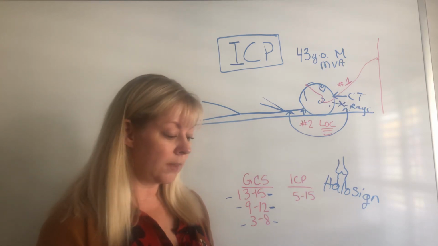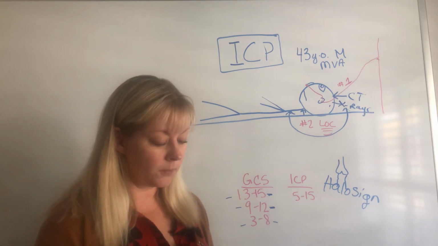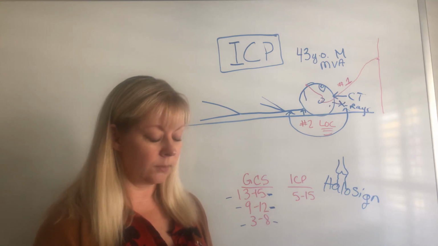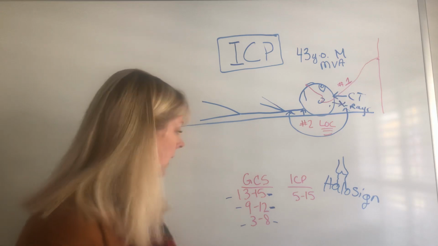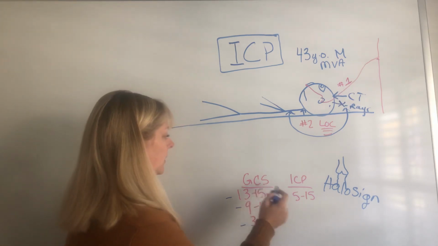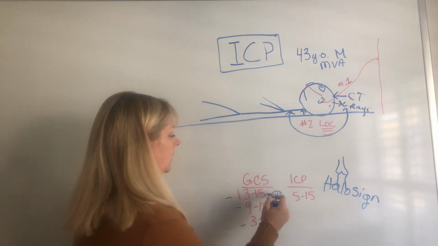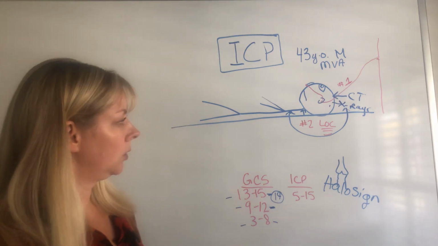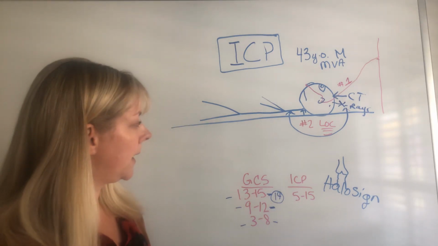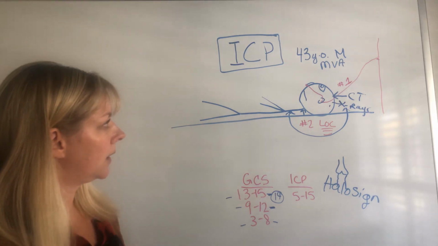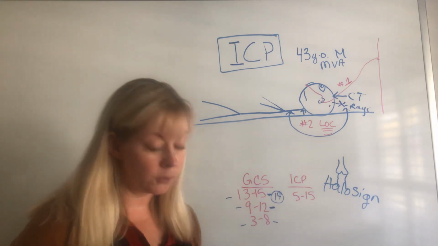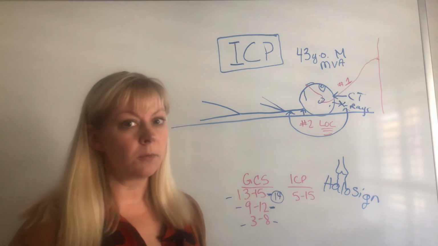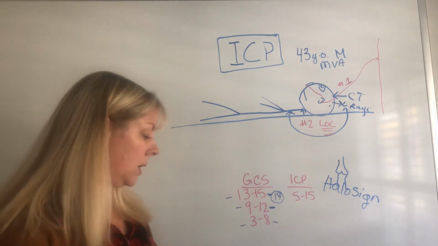So let's just say that you check the blood pressure. It's 158 over 62. The heart rate is 64. And he has a GCS of 14 at this time. So at this point, you're waiting for the CT to come back. You've done your assessment. He's got his oxygen on. He has IV fluids going. You're doing neuro checks about every 15 minutes,